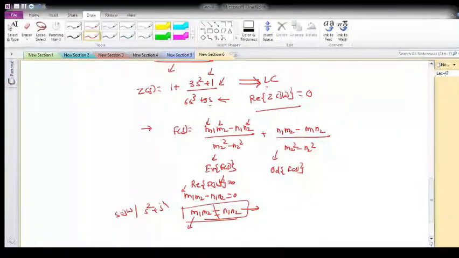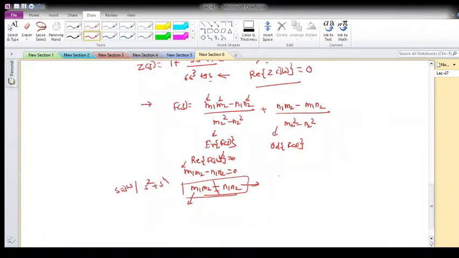So we have to think about what can be done so that my real part will be 0. The only possibility is that either the numerator may have an even or odd polynomial, or the denominator may have an odd or even polynomial. So there will be two possibilities for the real part of F(jω) equal to 0.